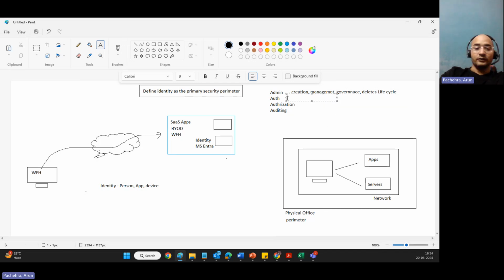Now, authentication. Before that, we could take a simple example. When a new employee joins a company, their Azure Entra ID account is automatically created, assigned to the appropriate security groups, and given access to the necessary applications. When they leave the company, their access is automatically revoked to prevent unauthorized use. That would be a well-structured identity infrastructure under administration. Now, authentication: proving identity with secure verification.